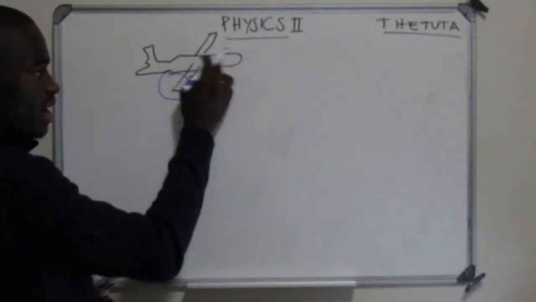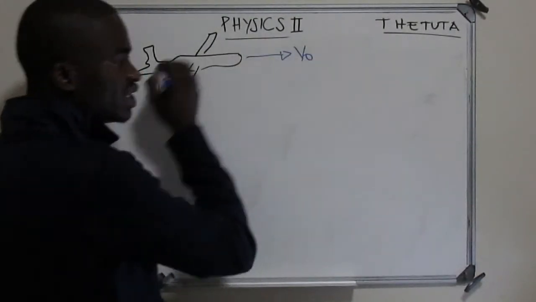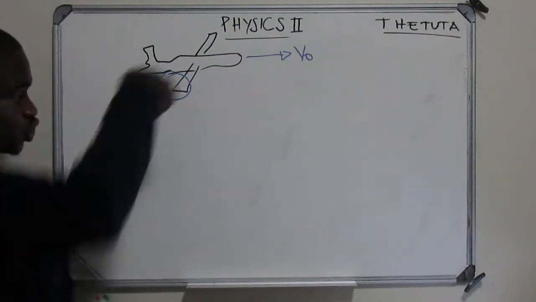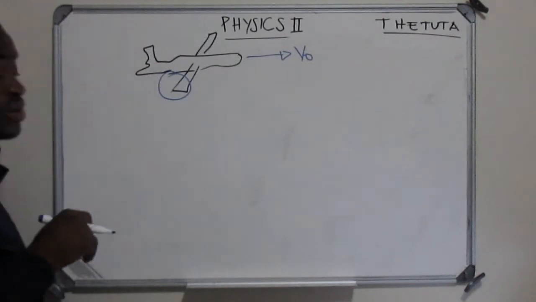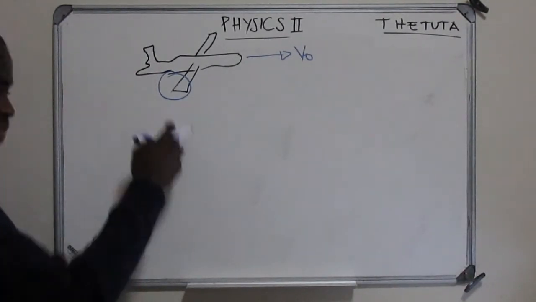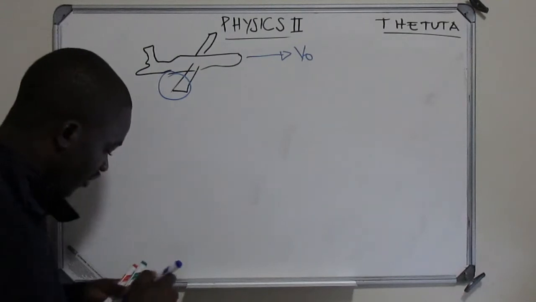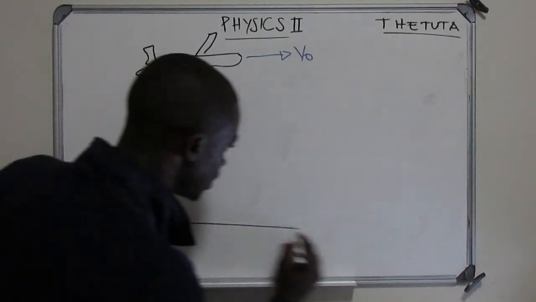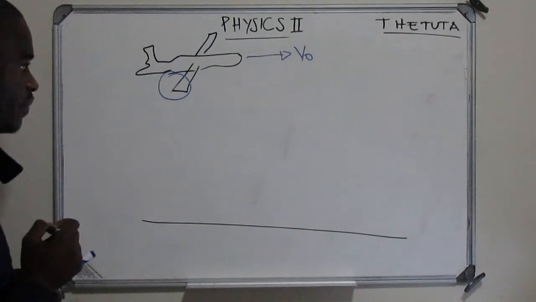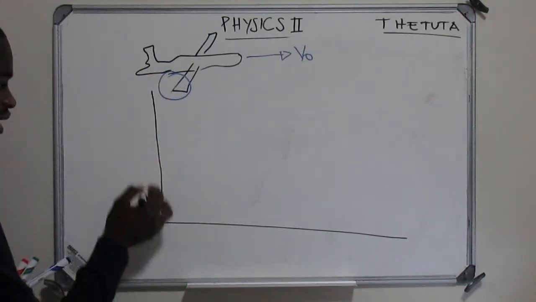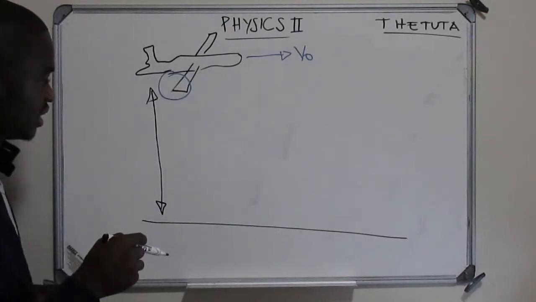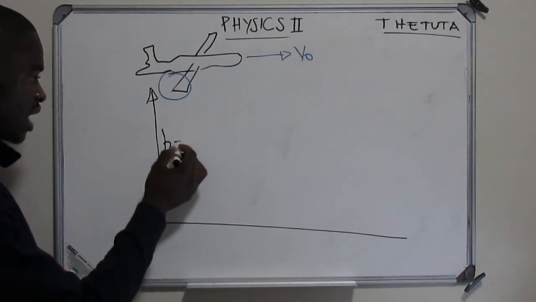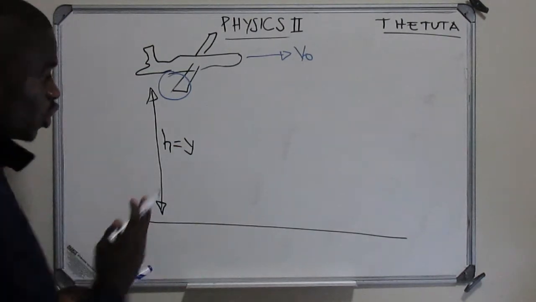You throw this object. But remember, this plane has a specific velocity that it is flying with. Can you see? But you throw something from the air. The plane is still flying, but you drop something from the plane. What will happen here? Okay, so now remember, here we have our ground where the body needs to fall. And then we have a specific height from where this plane drops that package. So we can consider it to be a y, because we are in the y-axis.